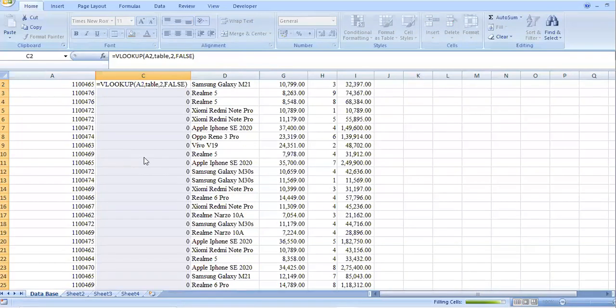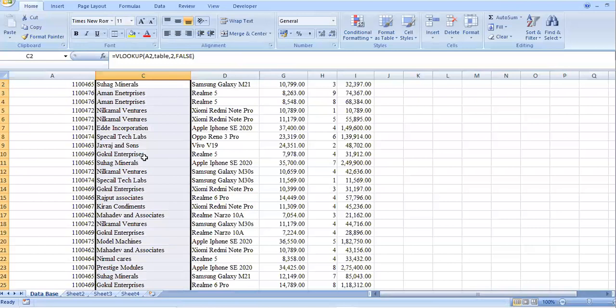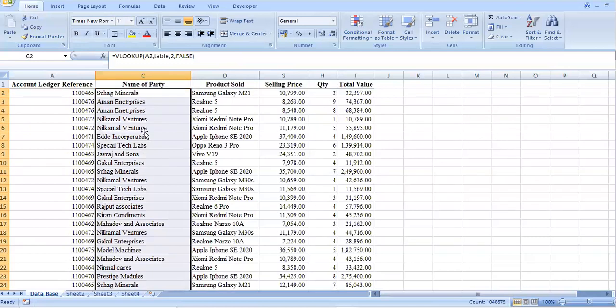It will select the number of cells. After selecting the cells, press the F2 function key, then Control plus Enter. This will autofill the values.